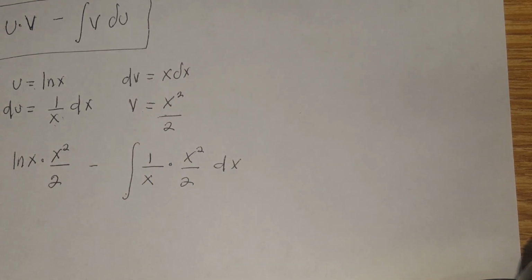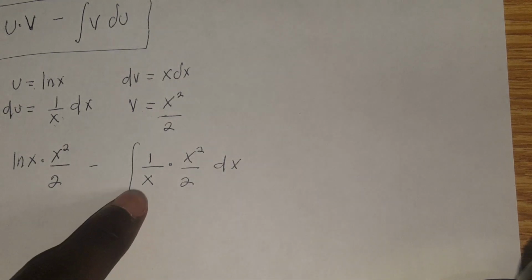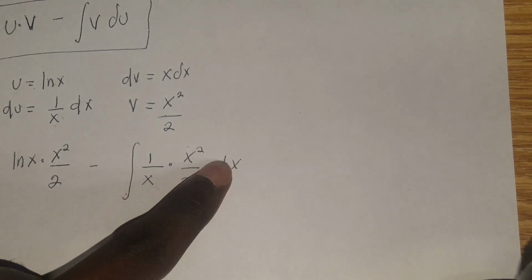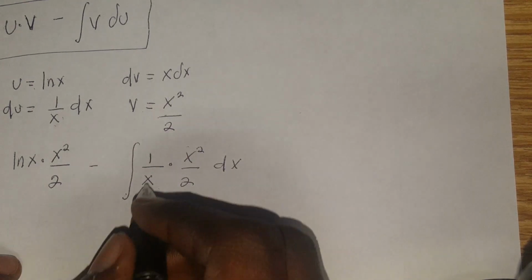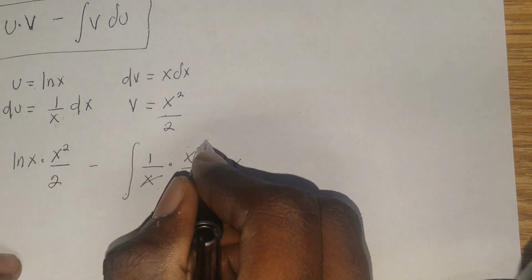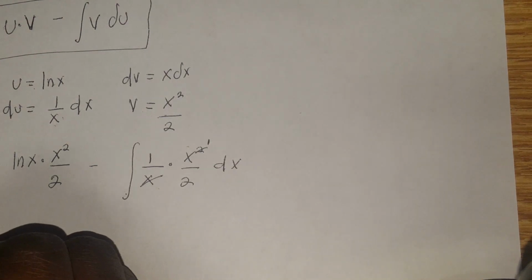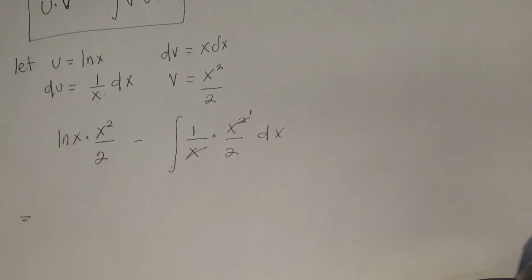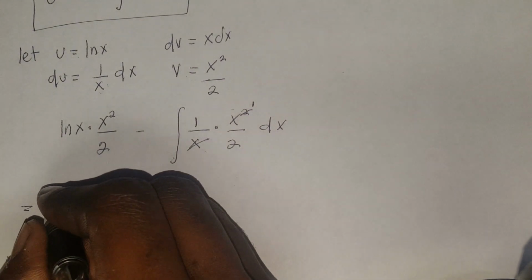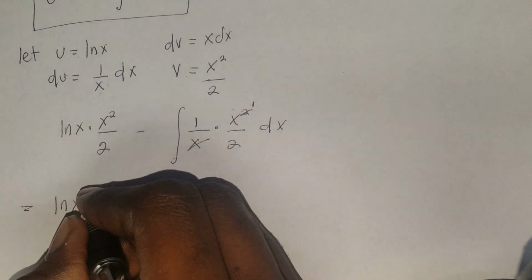Let's rearrange it. Then we have our x here, we have x squared here, so x will cancel x squared. So this x here will cancel one of these x's. So we will have natural log of x